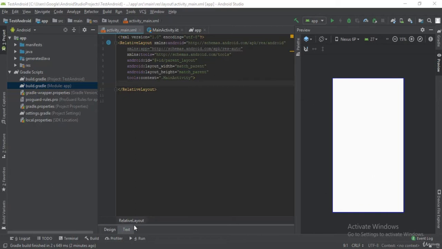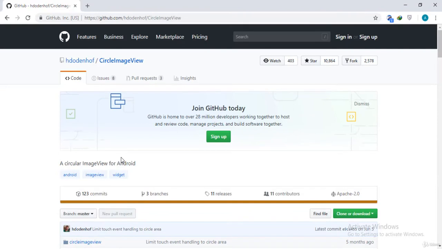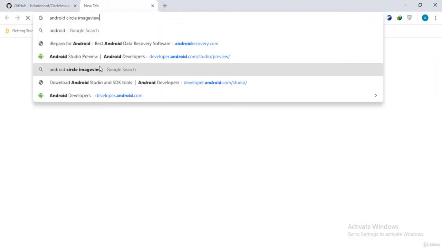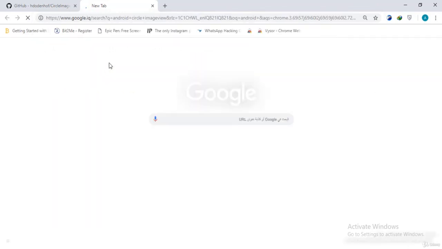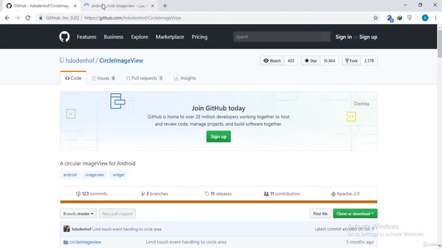Now if we open Google Chrome, ladies and gentlemen, here's the first type of library that I'm going to show you. It's the Android Circle Image View. The Circle Image View is really popular, and we need to know how to use it inside our own application as well. So the first thing you need to do is jump to Google and search for the Android Circle Image View, and you will see a lot of results. One of the results will start with this name. I'm going to click search on Google, and let's see the results, and we are going to take one of these.